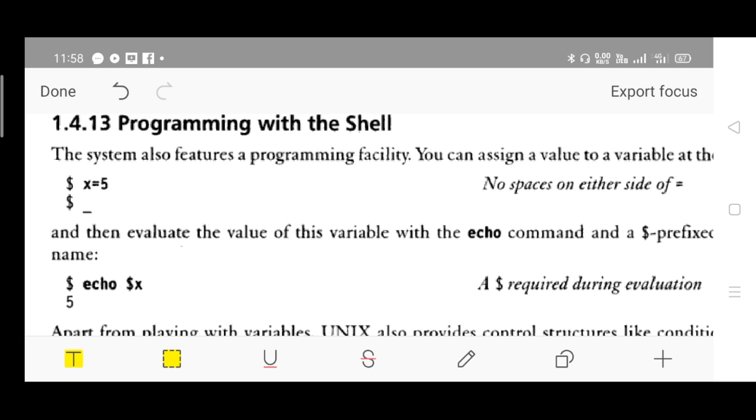The dollar prompt comes automatically. Just type echo, which is a keyword, followed by a space, followed by x. If you simply provide x, x will be printed, but you don't want to see that x. Instead, you want to check what value is stored inside the variable. So use $x. You want to access the content from location x, so you have to use the dollar symbol, $x, which will give you the value.